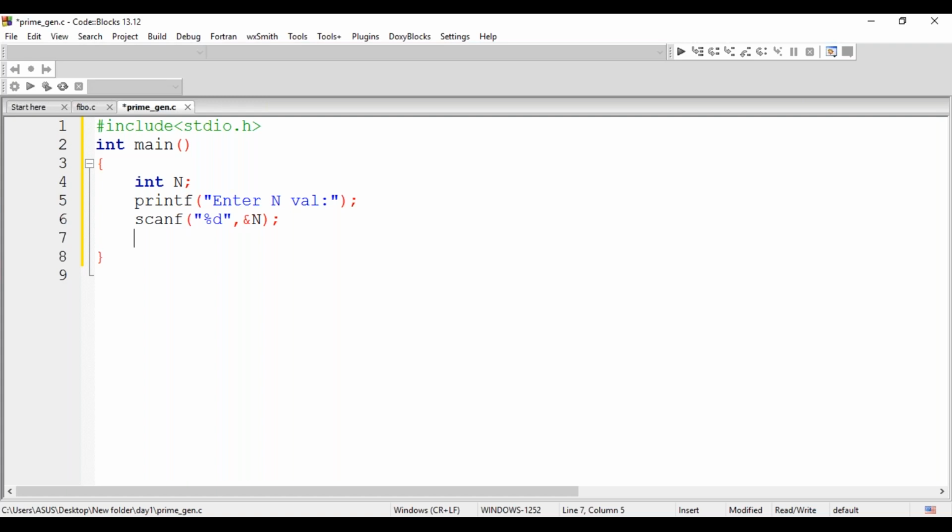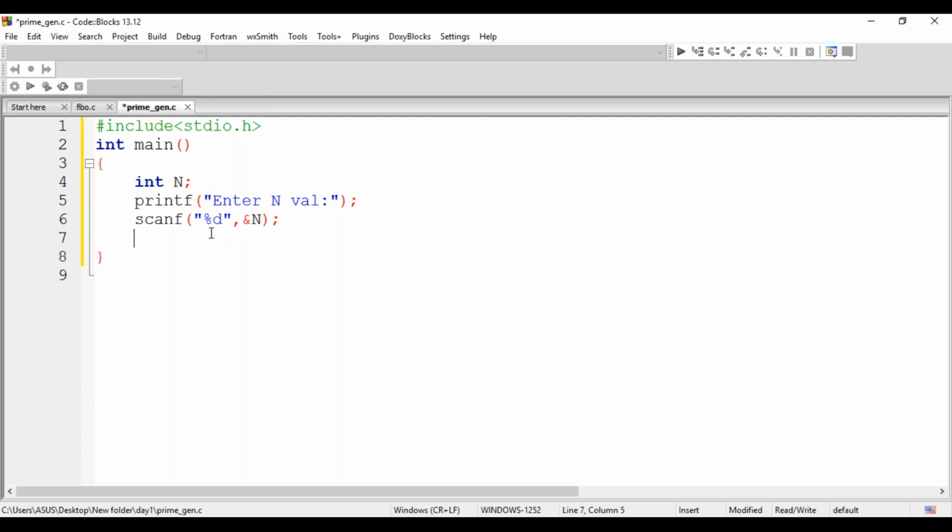So let us write a logic here. What you can do is have two iterators. One is the iterator for supplying values. For example, if you're going to generate from 2 to the given number, first 2 will be taken, and you check whether 2 is a prime number or not. Again 3 will be taken, then you check whether 3 is a prime number.